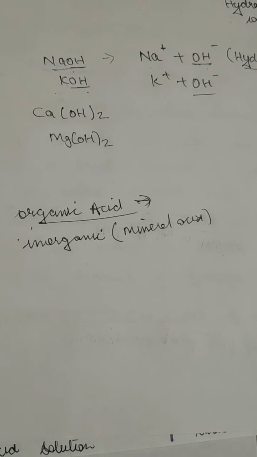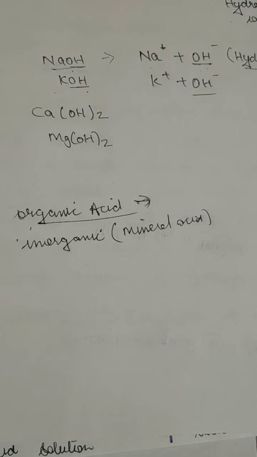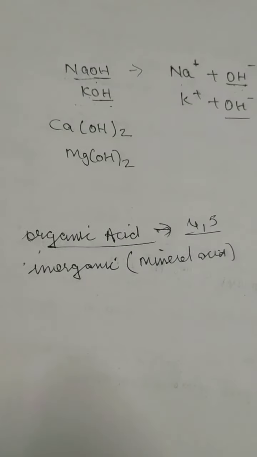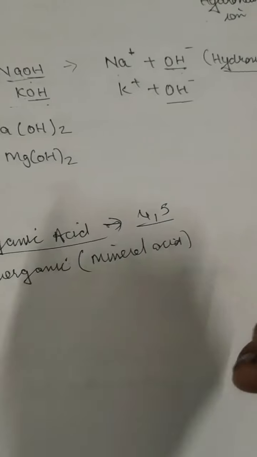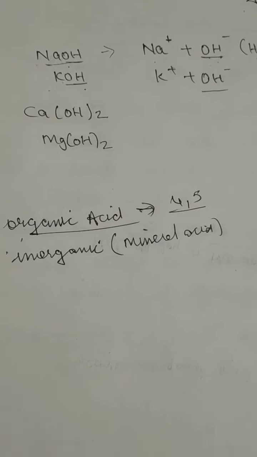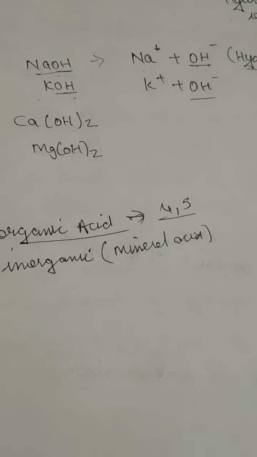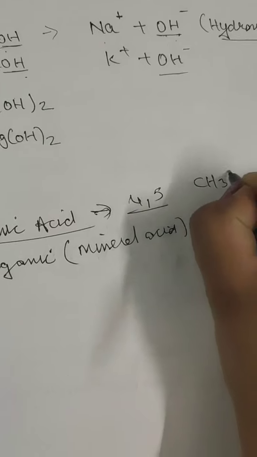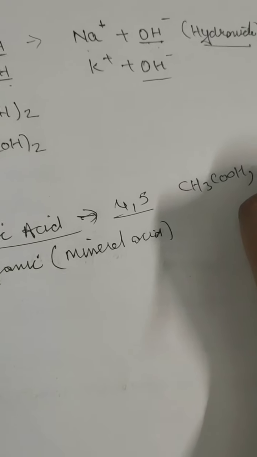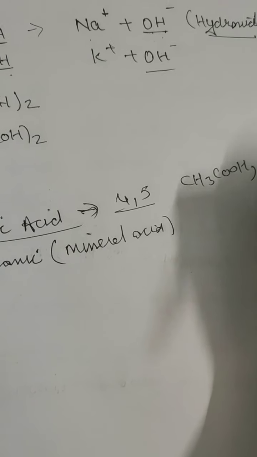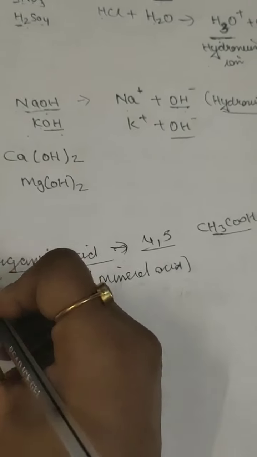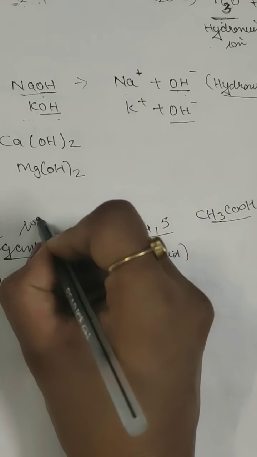They are not very strong acids. They are a little corrosive but not harmful. That means they have a pH value of 4 or 5, so we can consume them, like lemon juice. Even acetic acid, which we call vinegar as a common name. All these are organic acids, like CH3COOH, acetic acid, or formic acid, HCOOH. So organic acids are also called weak acids.